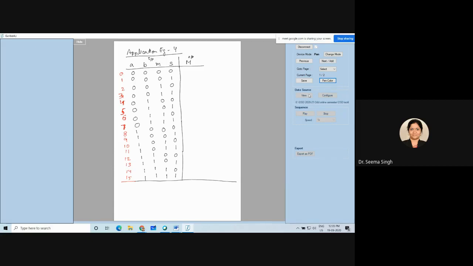So this will take care of all the possible inputs from 0, 0, 0, 0 to 1, 1, 1, 1. Now you have to frame your output. Now we have to do it one by one. So what is the first case? The first case says neither operator A nor B is available, nor material is available, nor is the safety switch closed. So whether this main conveyor belt should run or not.